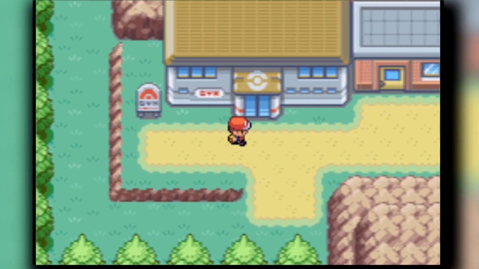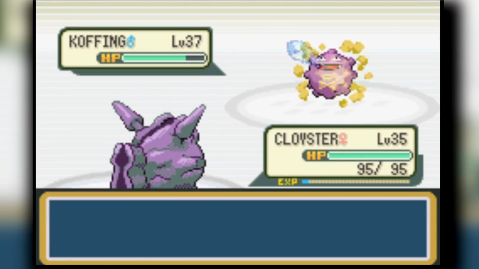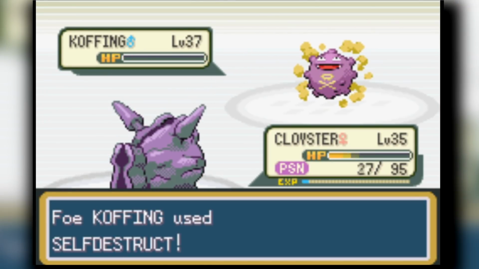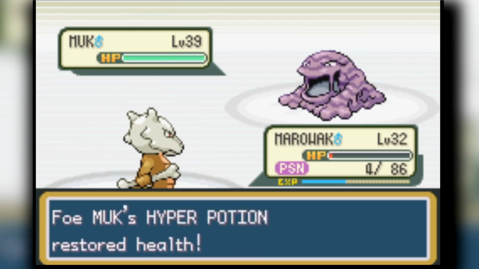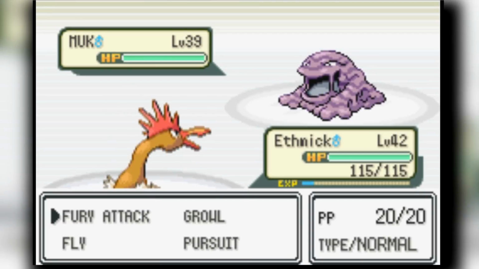And then we're going to head into Koga's gym. Koga's gym is going to be a bit annoying, I'm not going to lie. I set out my Cloyster first against the Koffing. Koffing blows up right in my face, so I'm like, well, I guess that happened. Marowak comes out. I thought Marowak was going to be MVP and knock out the Muk for me. It doesn't. It heals itself, and I'm down a Marowak. So luckily, Fearow ends up clutching things up for us,